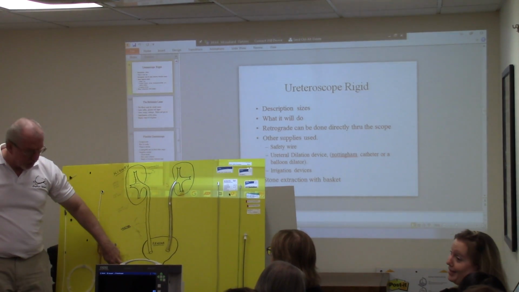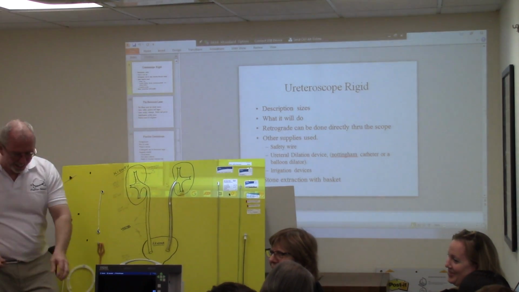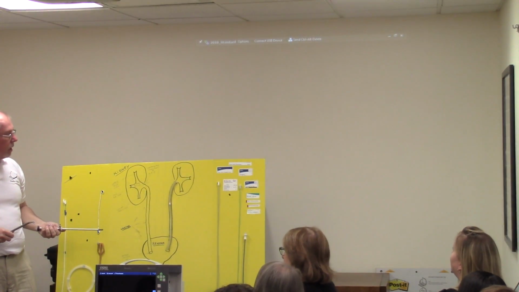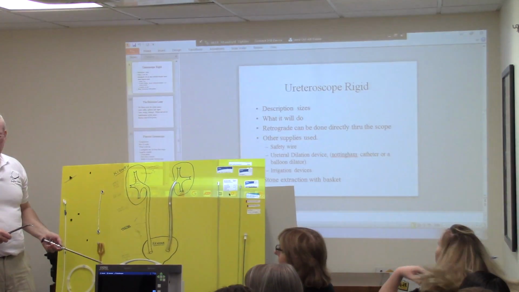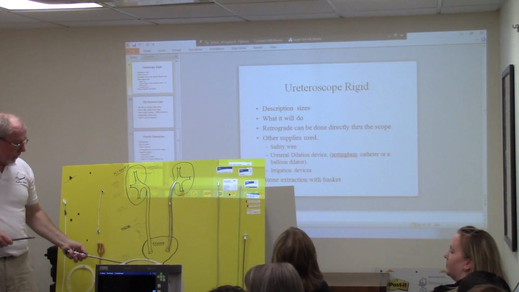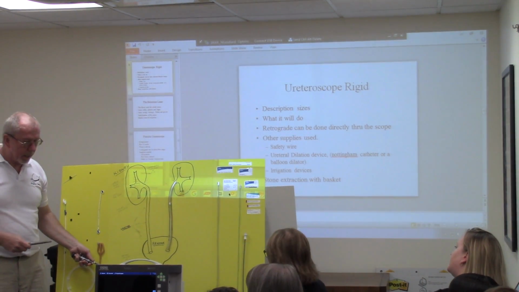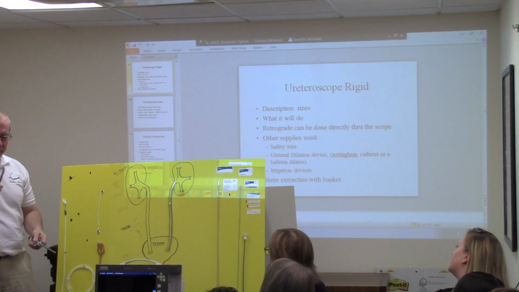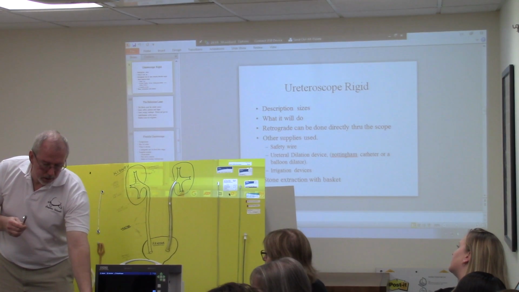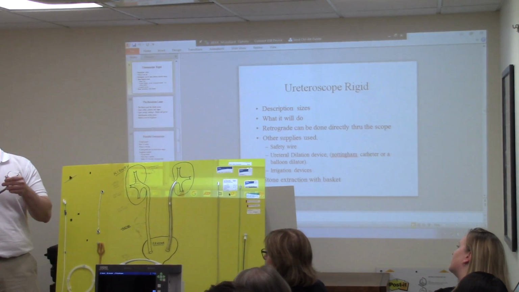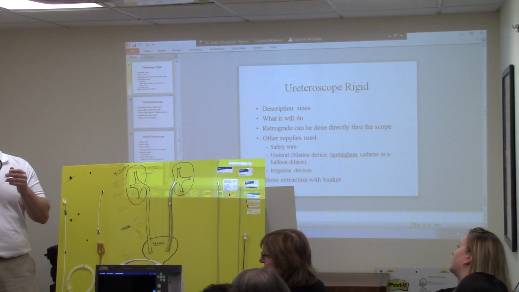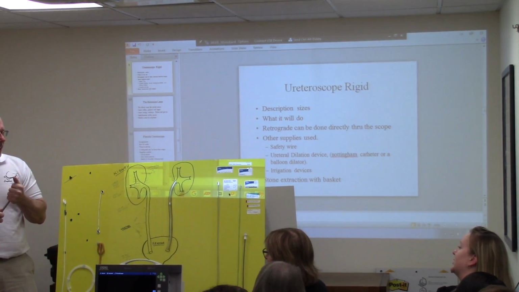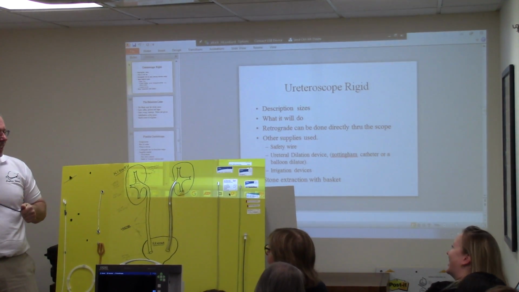Yeah. The reason why you have to dilate is because you've got to get this scope in, and I don't know if you can see, but if you can't get it in the urethra, then we have these type of dilators, and they come in different sizes. They start out small, and then you gradually increase. So is that the sound? The sound. How does it make the sound? Do you tap it or something? No,